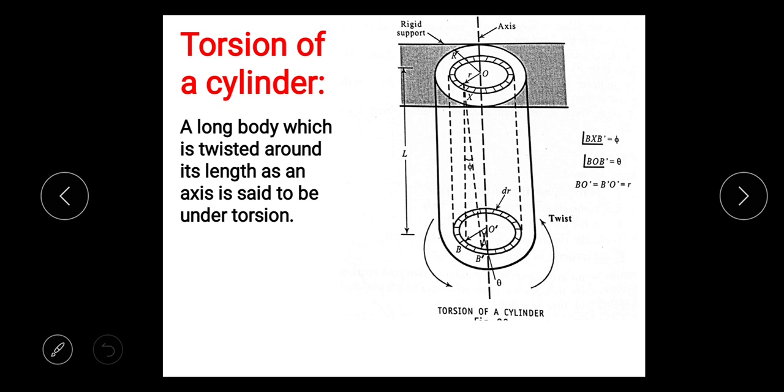Now we can imagine the cylindrical rod to be made of thin concentric hollow cylindrical layers, each of thickness dr. So let us consider one of those layers of thickness dr. So that thickness is shown here, and one cylindrical layer is shown here, its thickness is dr, and the radius of that layer is taken as small r. So small r is shown here.